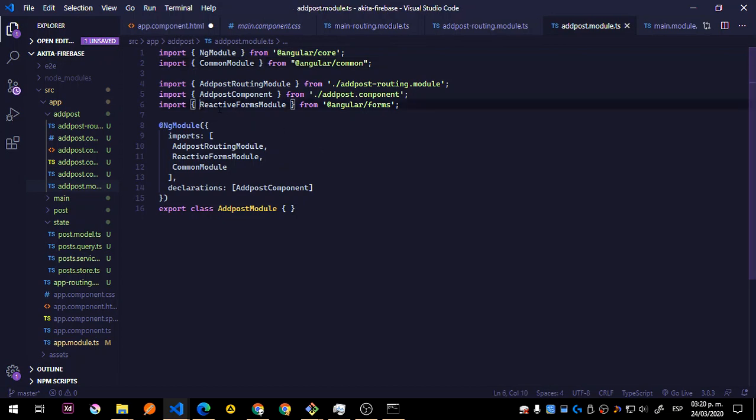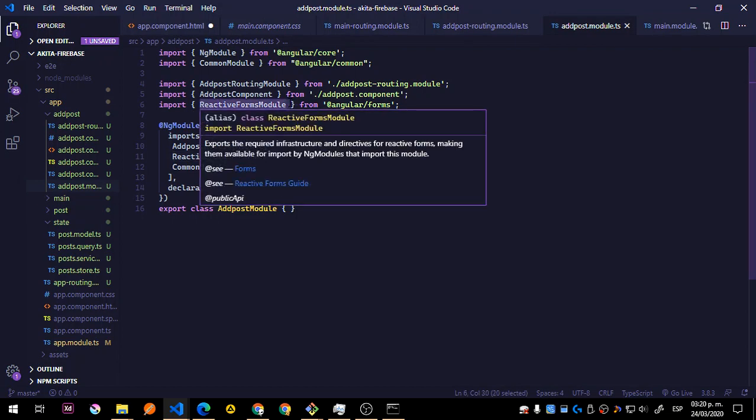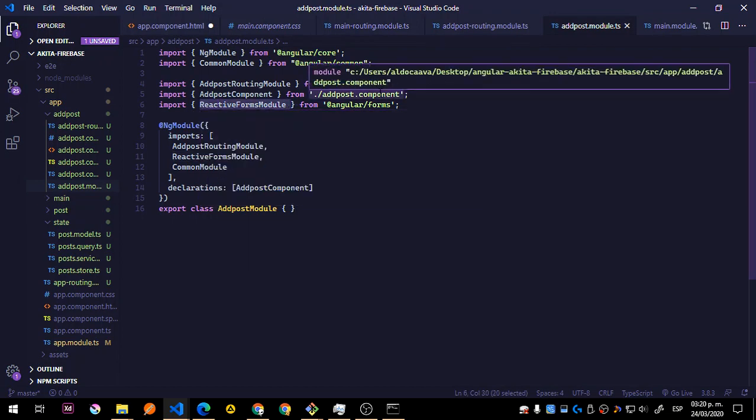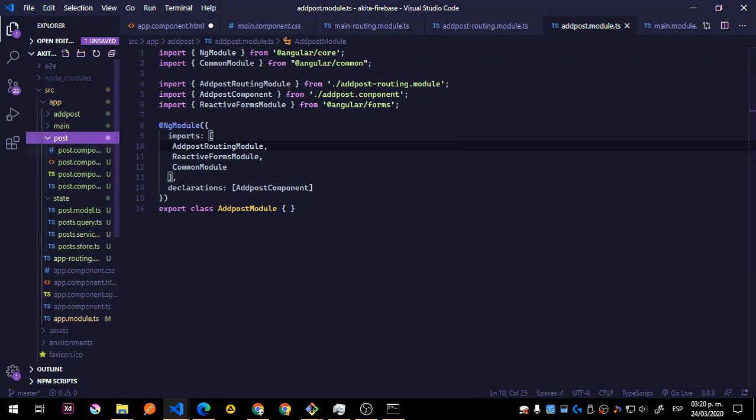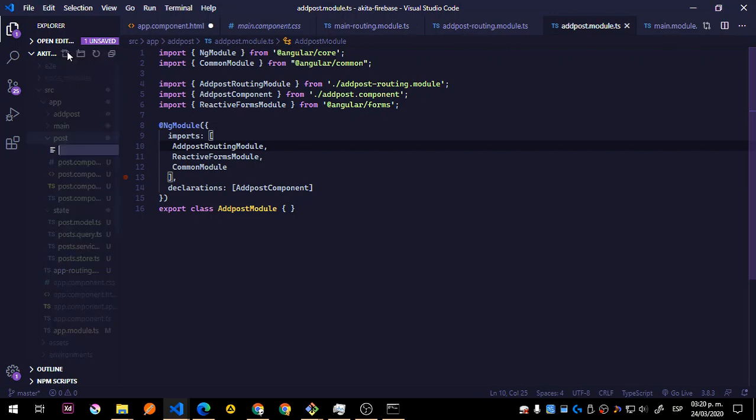That's why we are adding reactive forms, since this specific module is going to use the forms in order to submit to Firebase. It's just that. So we have one more, which is the post, and let's create a new file,